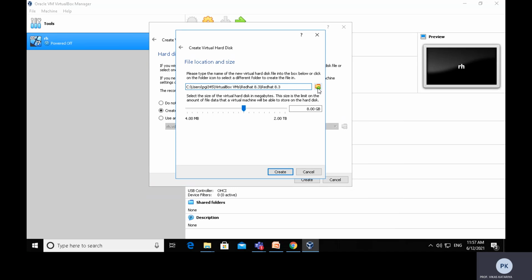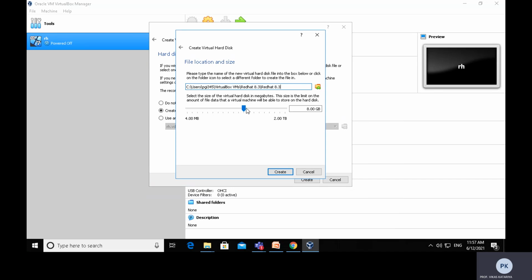This is the file location and size. You can change it. You have to put it on a partition which has a minimum of 30 GB or 20 GB, because after installation it will expand its file structure. It will take a minimum of 15 GB to 20 GB. If you want to change the partition, you can.